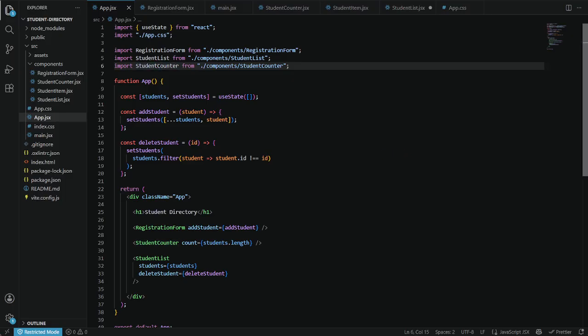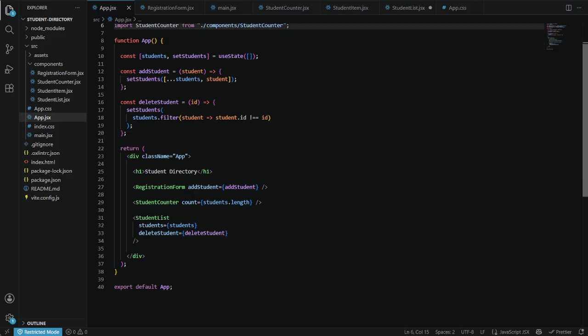And then it uses filter, this one filter, to create a new array that excludes the student with a matching ID. Meaning if you delete one, the others are not affected. If you delete one, only that one gets deleted. So this return is the web page.